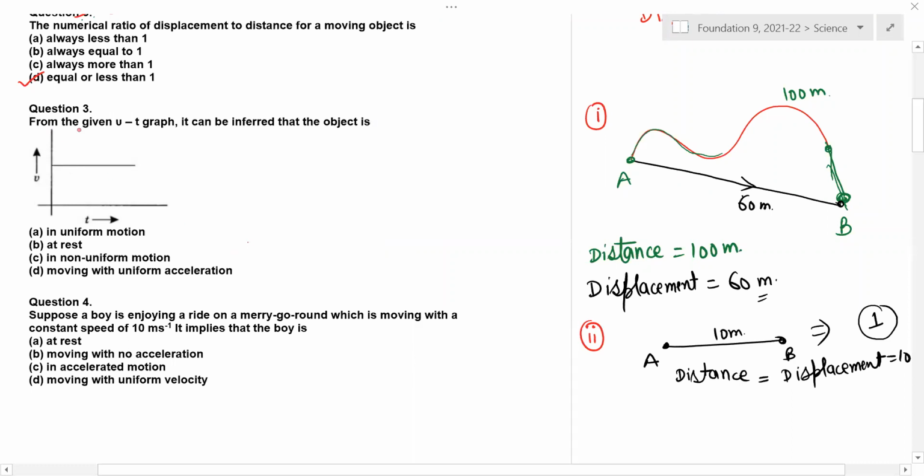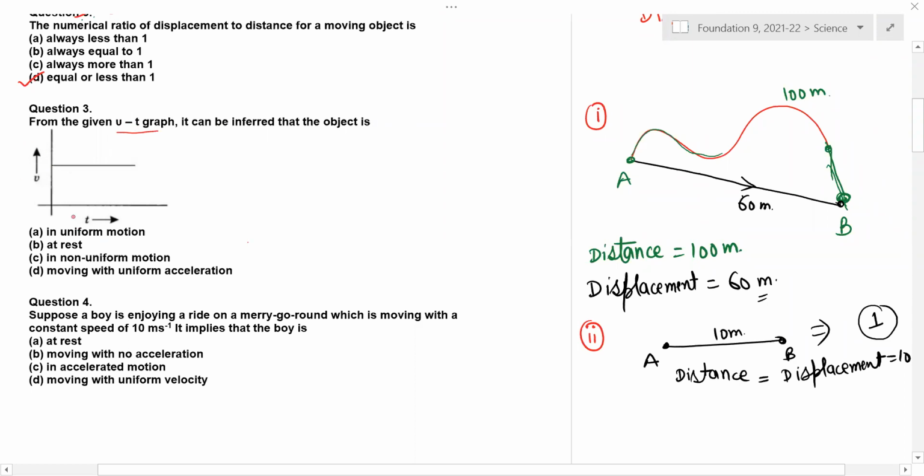Question number 3. From the given UT graph. Graphical part, please understand, students. Graphical part tells you a lot. So those who are good in, say, design and drawing, you will be able to analyze and infer so many things. So, UT graph. U is what? Speed. T is time. It can be inferred that the object is...